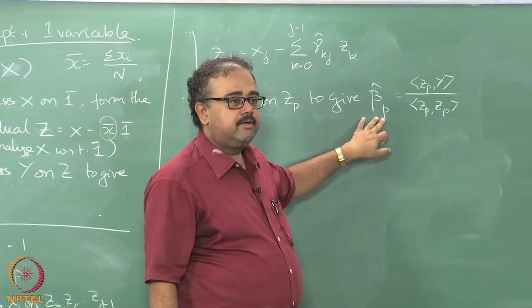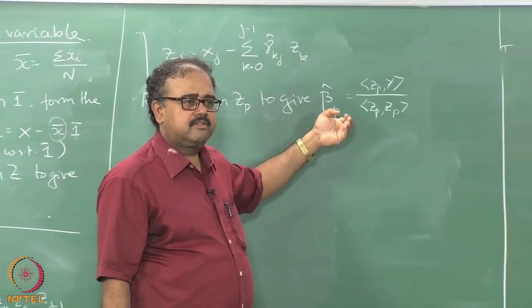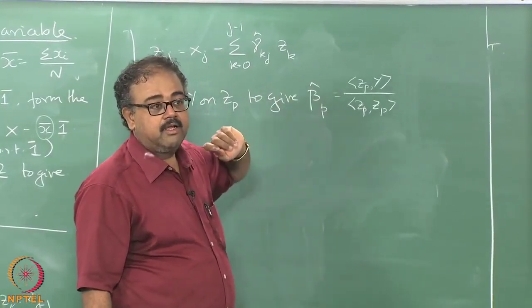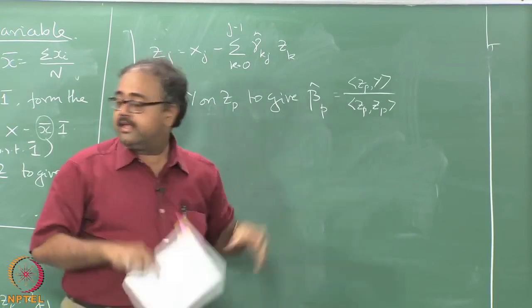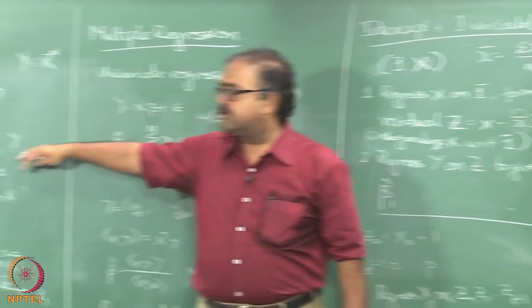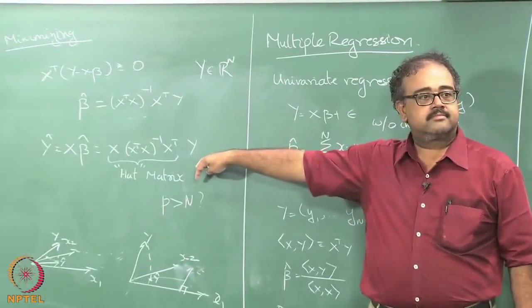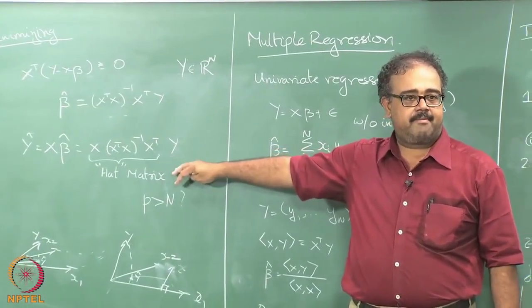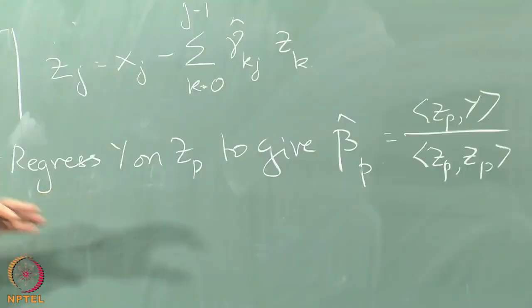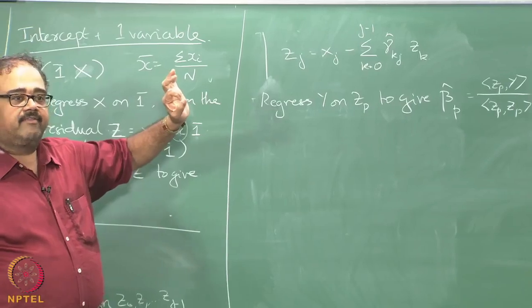So what is beta hat p now? It is the actual coordinates, the actual coefficient that I will find for the pth variable if I had done the regression as we talked about earlier, right. If I had estimated my beta like this, this is essentially what I will end up with. But because of the process we have generated it, we can interpret it in a slightly different way, which